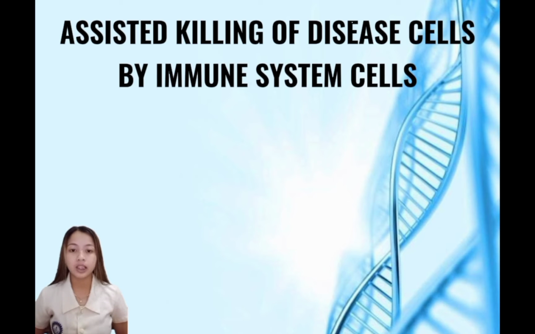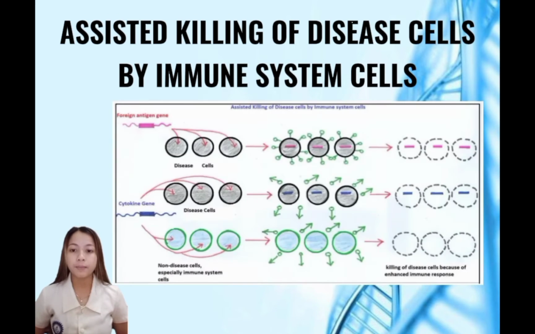Lastly, the assisted killing of disease cells by immune system cells. Assisted killing is another strategy of killing disease. Here, one method is to insert a well-known foreign antigen coding gene which induces immune cells to kill the disease cells. A few more methods are based on immune cell activation, in which a certain cytokine encoding gene is incorporated into the gene